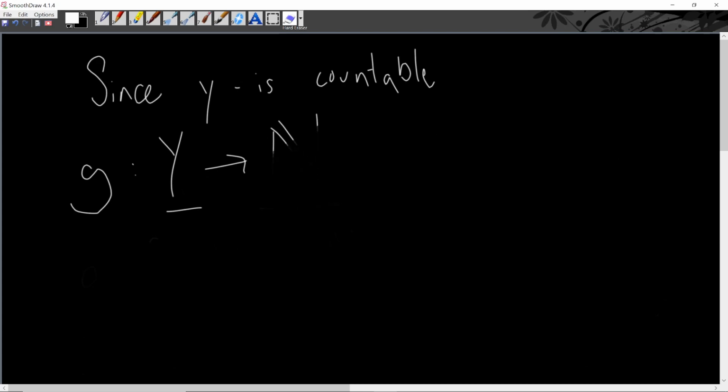Not every element in n has to correspond with an element in x, but every element in x corresponds to something in n, which means that x is also going to be countable, which is why we are able to have that final idea in why Q is countable, in that